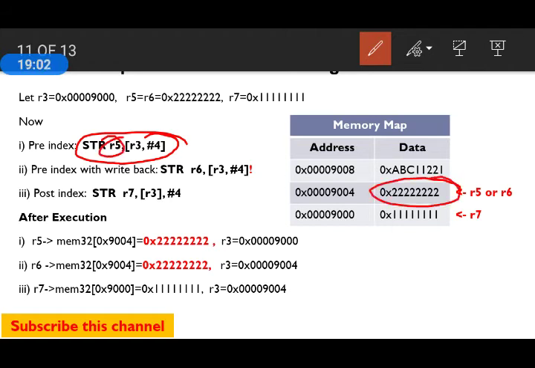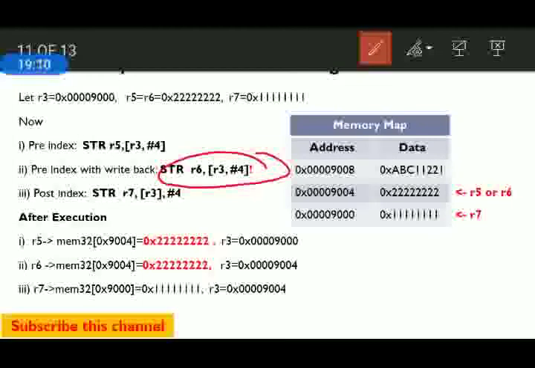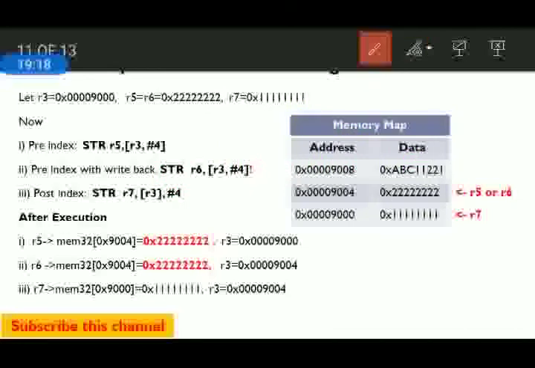Next, let us take the next indexing method, pre-indexing with write back, and in the example you can see the exclamatory mark: str R6, [R3, #4]!. So here also the effective address is calculated by adding R3 and 4.